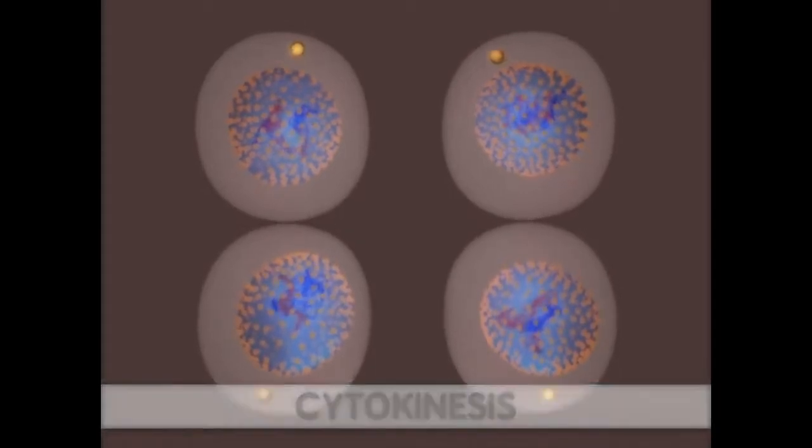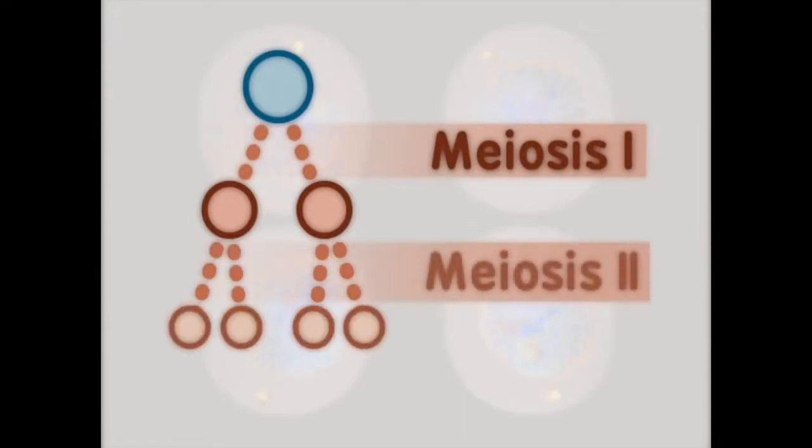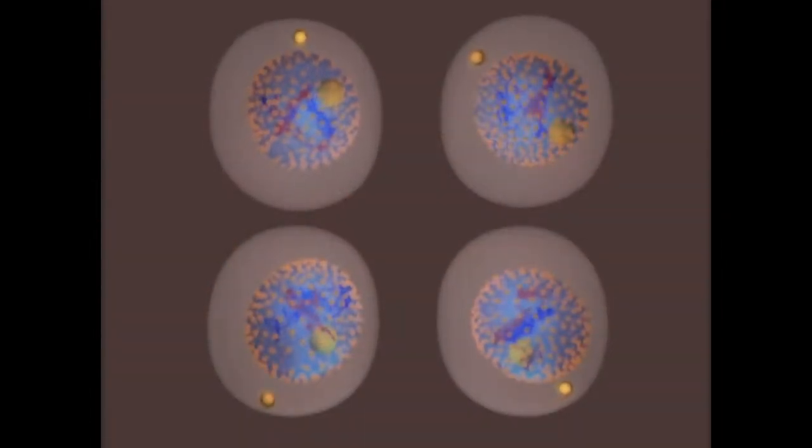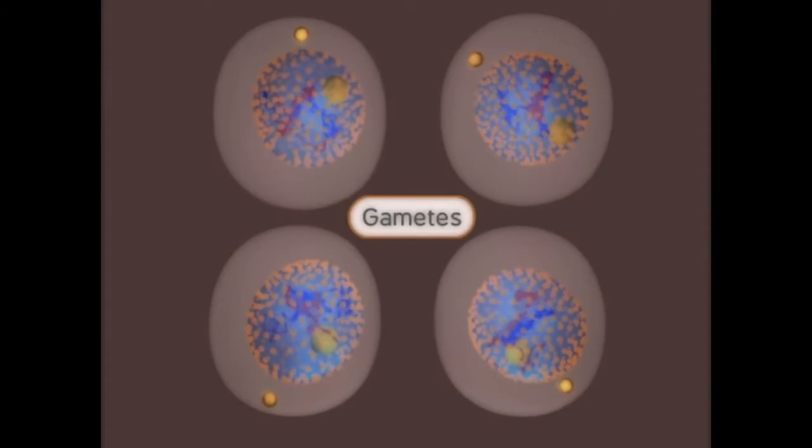Since meiosis 2 began with two cells, and each of those cells were split into two cells, we now have four unique haploid cells at the end of meiosis. These cells are gametes. Two gametes